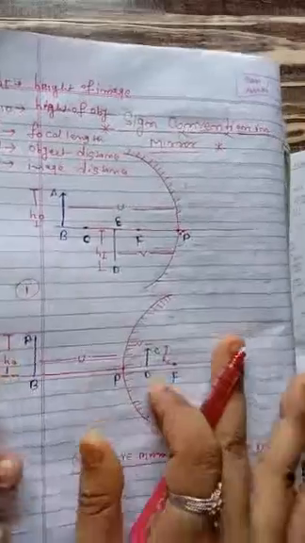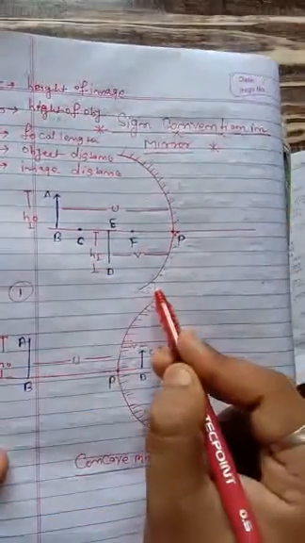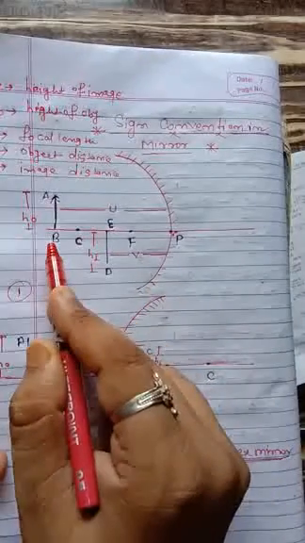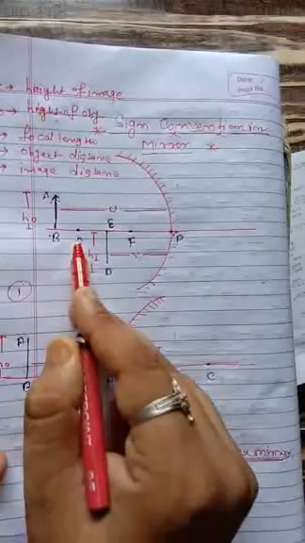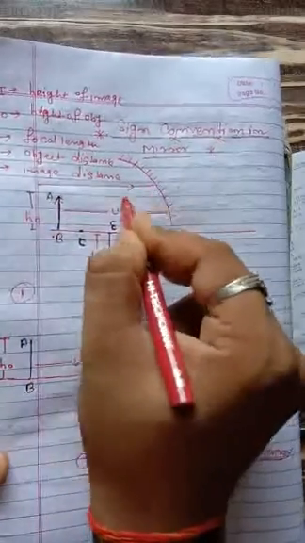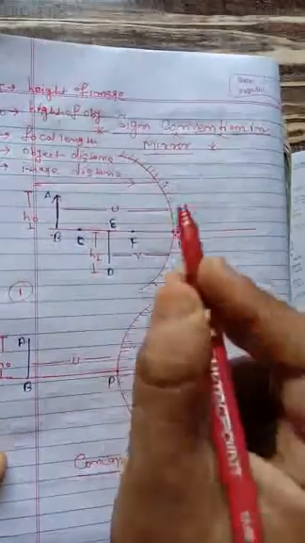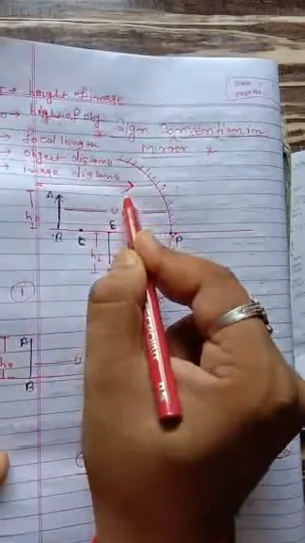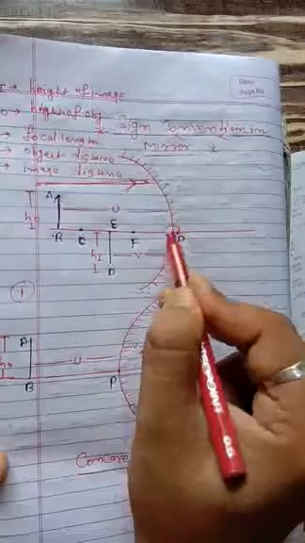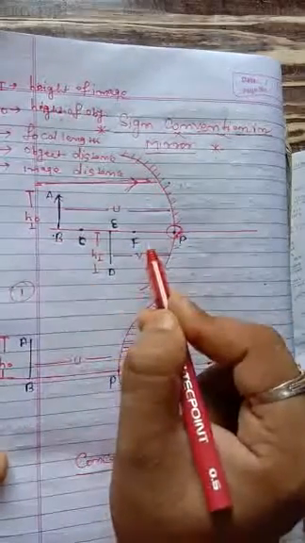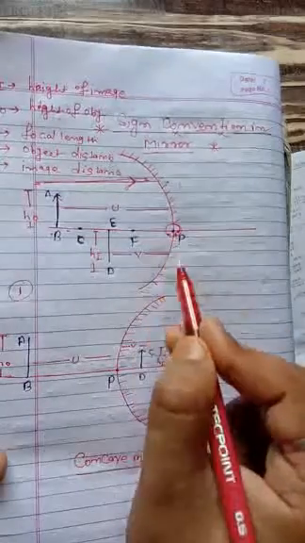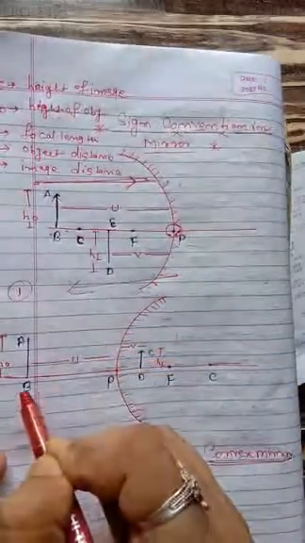Here we see that this is your concave mirror, and this is your object. So the object is present beyond C, that means in between infinity and C, and we know that the direction of the incident ray is always from left to right. So this is the direction of the incident ray, but we know we always measure the distance from the pole of the mirror. So if any object is present in front of the mirror, this distance is always having this direction.